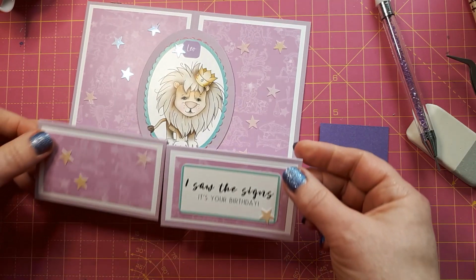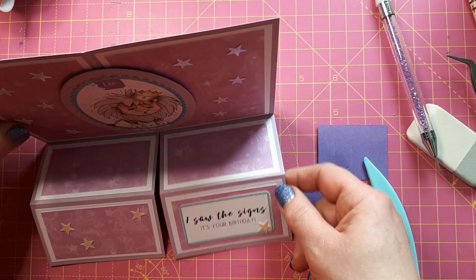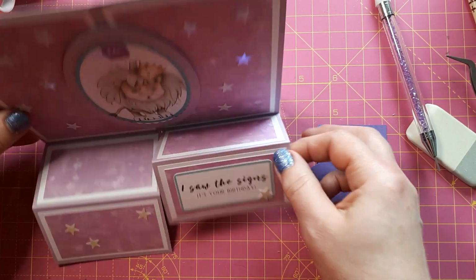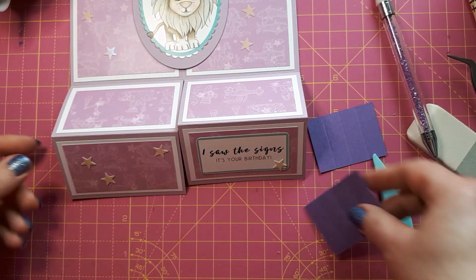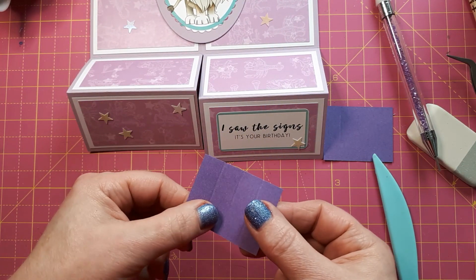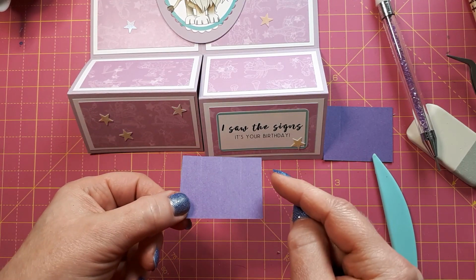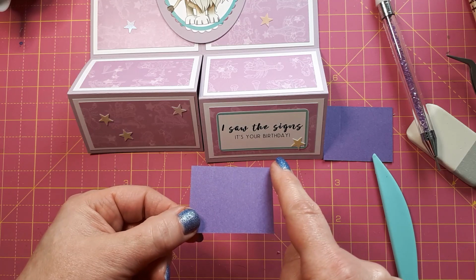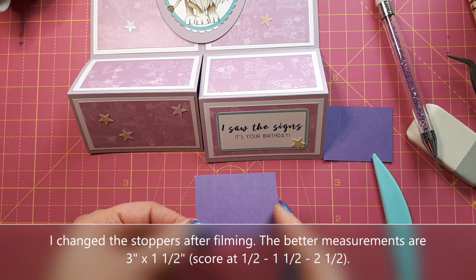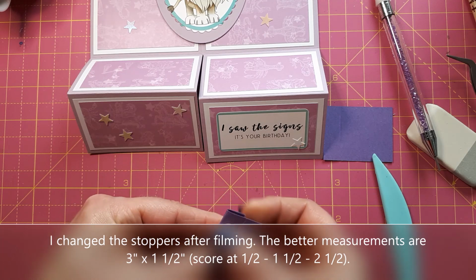But because these bits here at the front, the steppers, want to fall flat all the time, it's really difficult to adjust them. I thought it could do with a little stopper. So what I have done is cut from a fairly thin cardstock, I think this is 180gsm, in the darker purple, but it doesn't really matter, a piece that is 2 inches long. I've just picked 1.5 inches for the width, and what you do is you create a concertina,